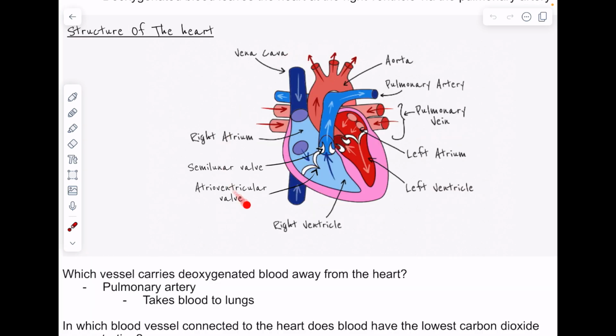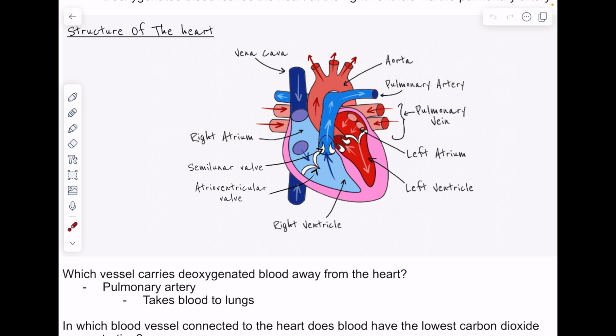So if we look in super close detail at how blood flows through the heart, we know that oxygenated blood is coming from the lungs. The blood flows through the pulmonary vein into the left atrium. The left atrium contracts, forcing blood through the bicuspid valves into the left ventricle. The left ventricle contracts, forcing oxygenated blood through the semilunar valves into the aorta, meaning that oxygenated blood can now